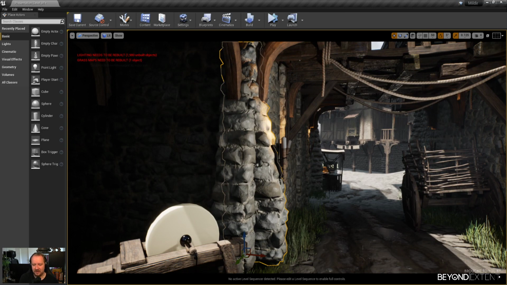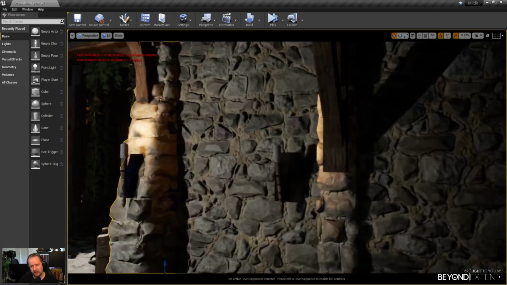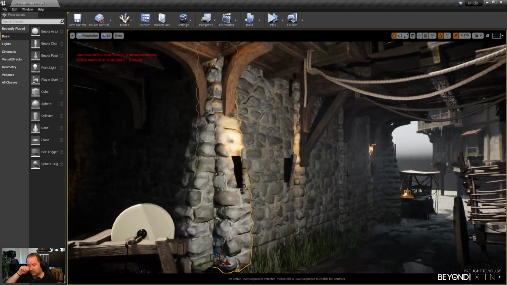Sneaky. Yeah, exactly. That's the thing you need to do. You would be surprised how much you see that in games where they put something in your way to not see the parallax. There are cases where you can't really avoid it. For example, if you're coming up the stairs and the floor mat has parallax occlusion mapping, you can't really block the view from that point. But yeah, it works well.